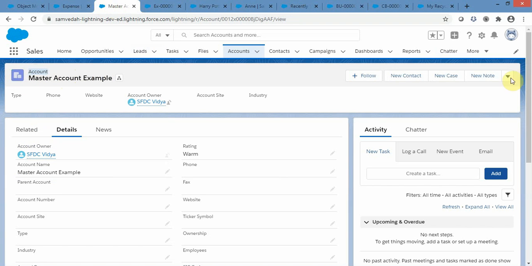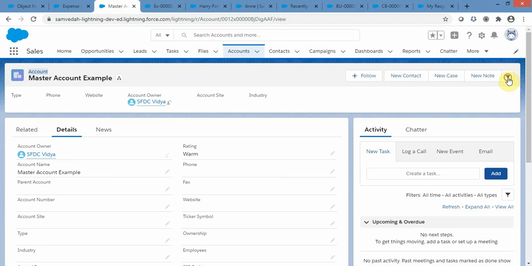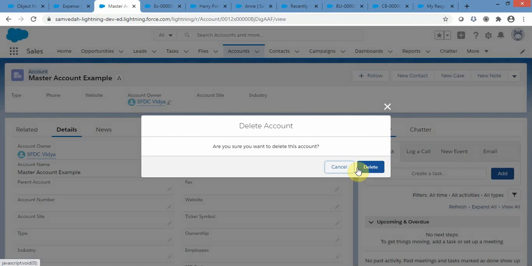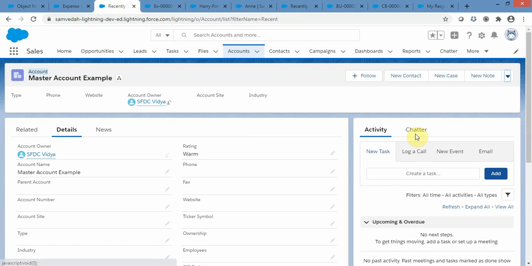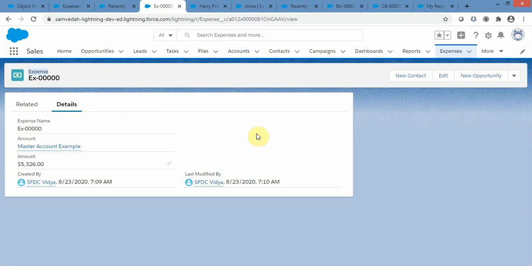What does that mean? Suppose we want to delete this account. We don't need this account, and we just want to delete it. As I said earlier, as per our requirement, an expense record cannot be present in Salesforce on its own. It needs to be associated with a master account. So suppose we delete this account record. Delete. Now we want to check whether this expense record will exist in Salesforce if we delete the master record. Let's refresh it